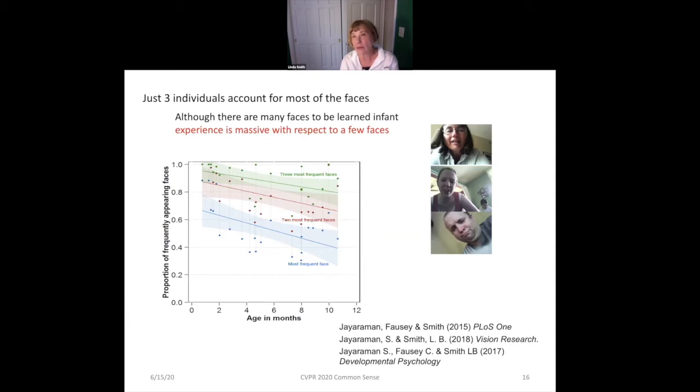Let's say mom, dad, and grandma. Just 3 faces. But they're going to be able to recognize Uncle Eddie from one day by becoming real experts on 3 faces. And this isn't just an oddity of